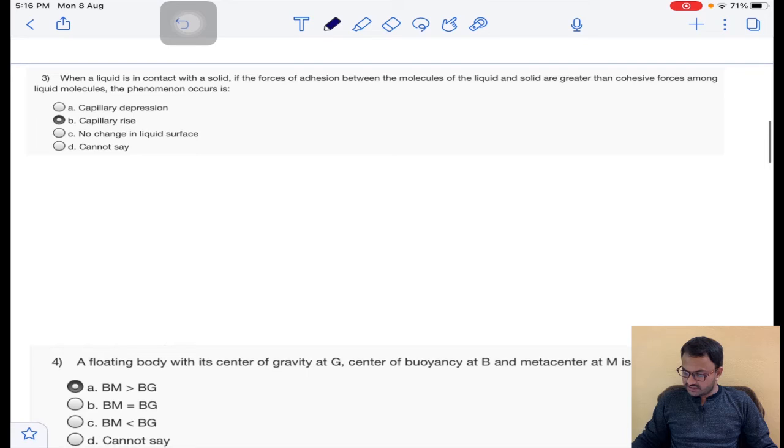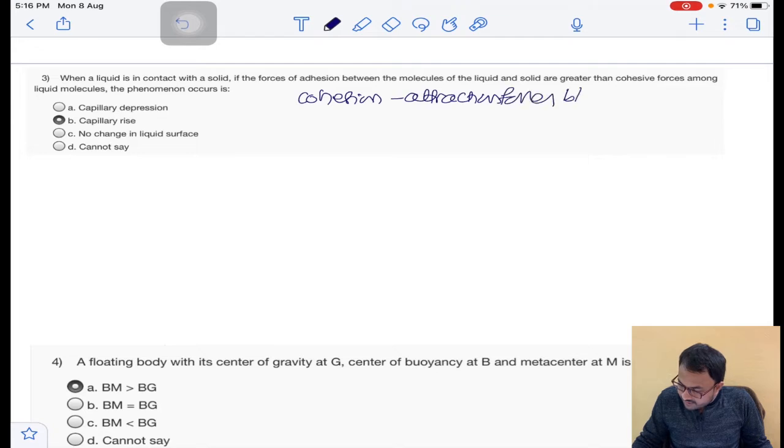Okay, and next question. When a liquid is in contact with a solid, if the forces of adhesion between the molecules of the liquid and the solid are greater than the cohesive forces among the liquid molecules, the phenomenon occurs. A very important concept lies in this question. First of all, we need to know the difference between adhesion and cohesion. So I am writing here, cohesion is attraction